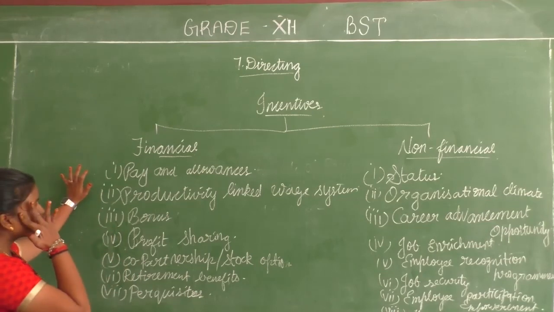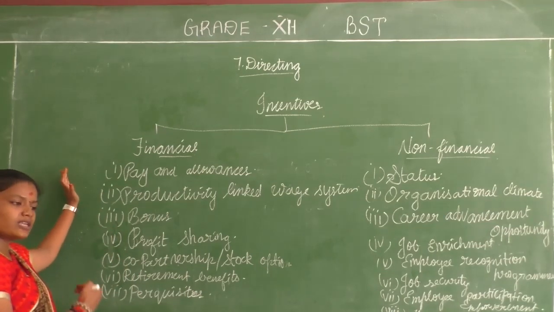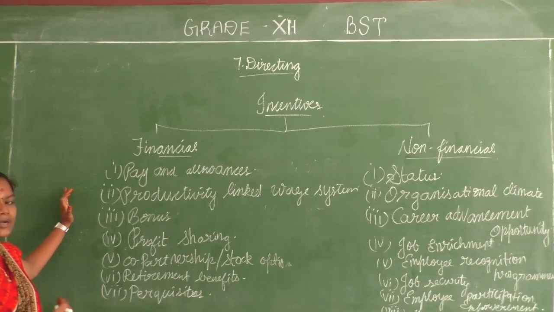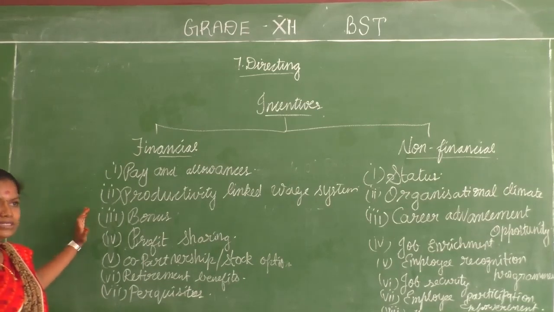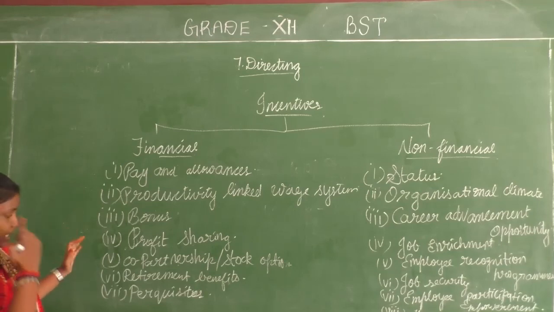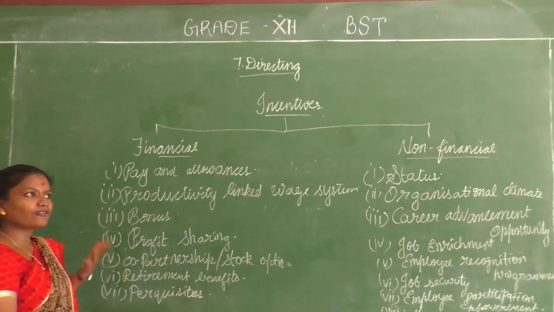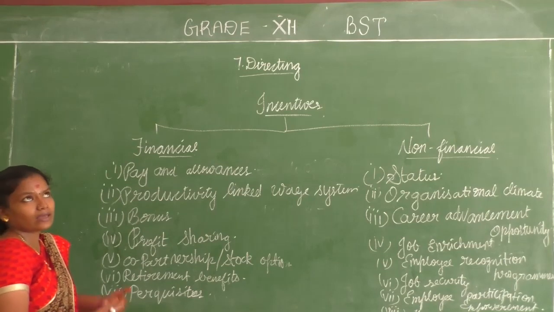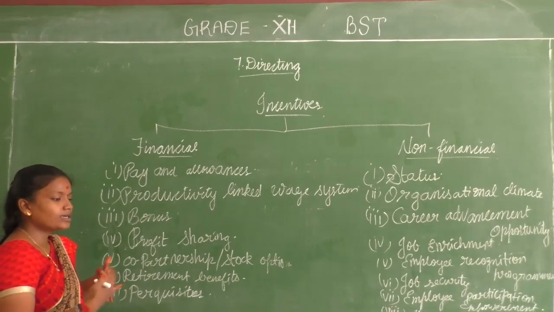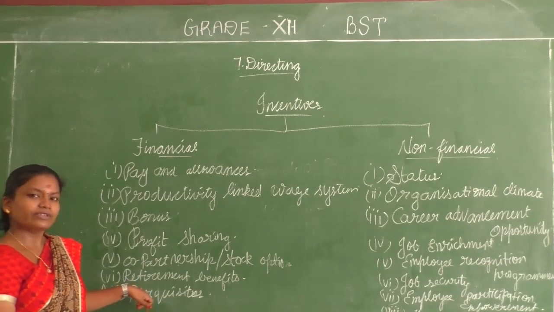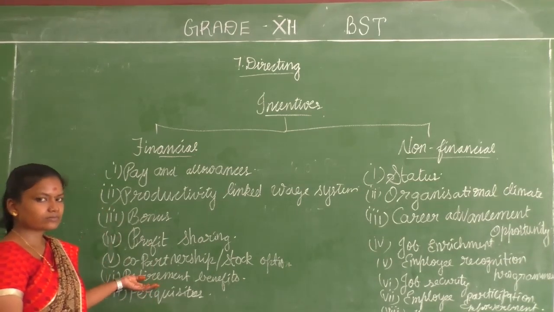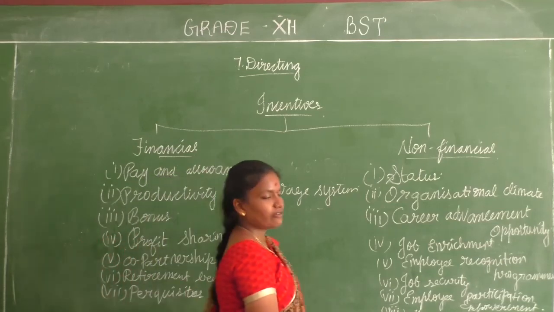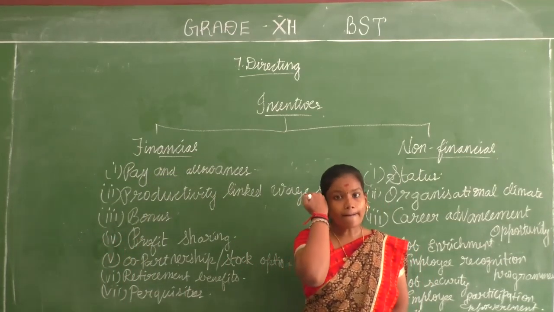incentives. Financial incentives are like pay and allowances, basic pay and other allowances, based on productivity, how productively you work. Bonus, extra payment above your salary. Profit sharing, a part of the profit is shared with the employees. Co-partnership or stock option, they make the employees shareholders, selling shares at a reduced price. Retirement benefits, even after I stop working, I get benefits from the organization. Perquisites, some extra fringe benefits that I get from my organization, are called what? Perks. What are the non